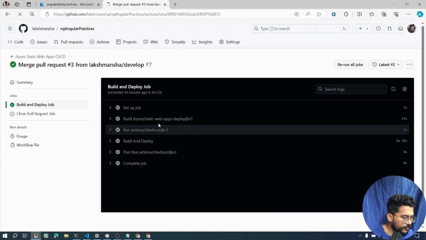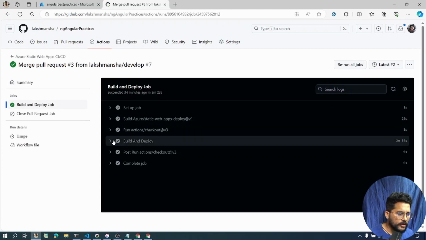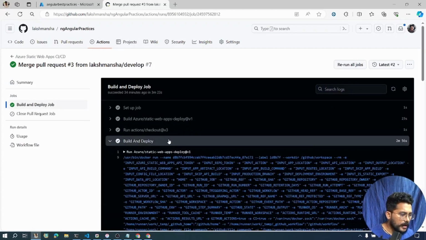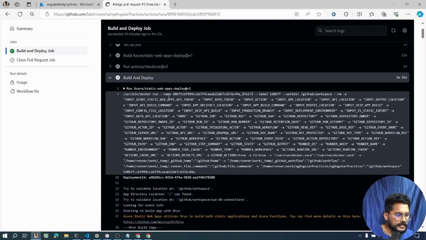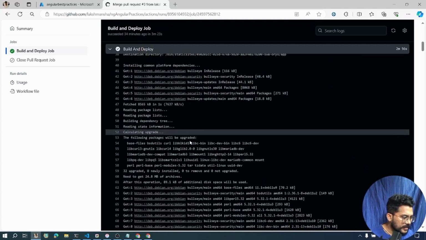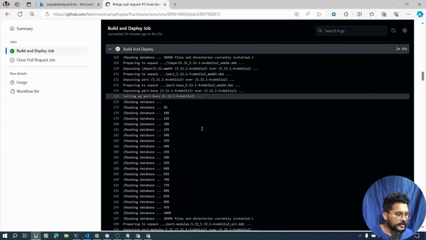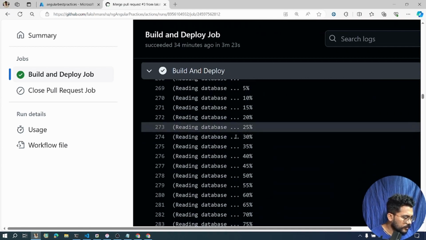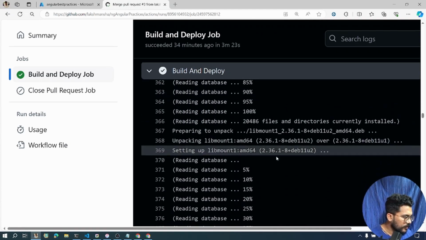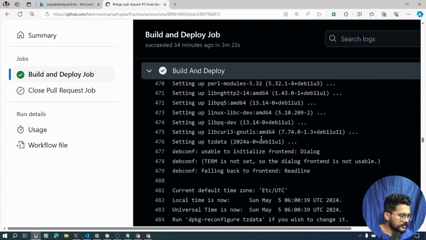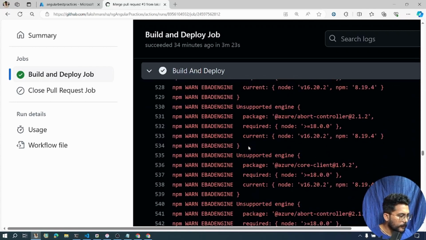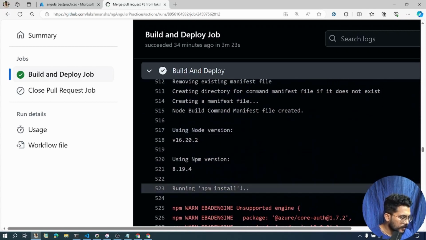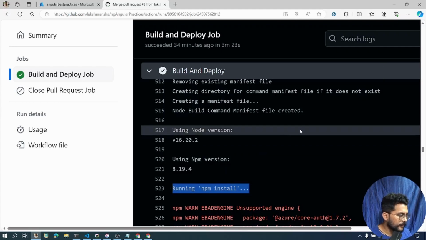First it checks out the code, then I am using the static web app deployment task, where it first runs npm to get the base image. Let me make this visible for you. So first it gets all the information, then builds my actual front end